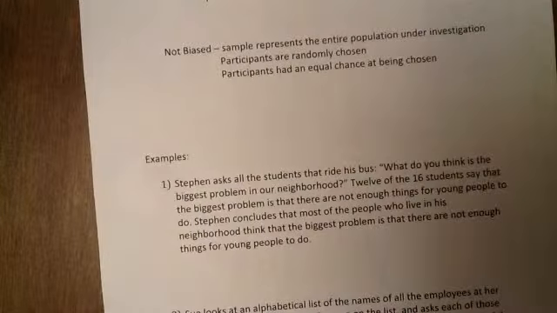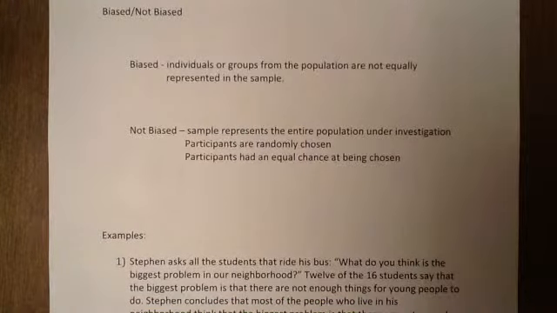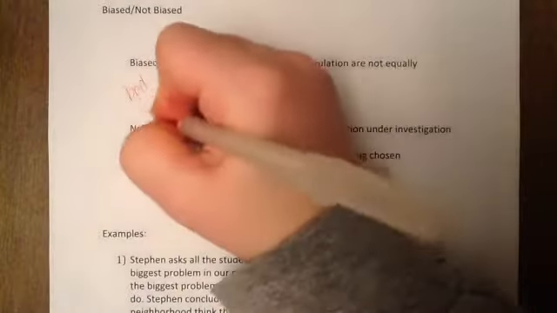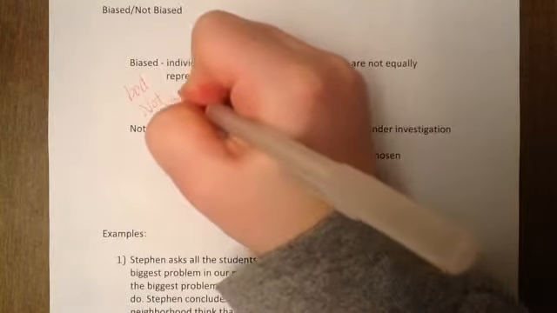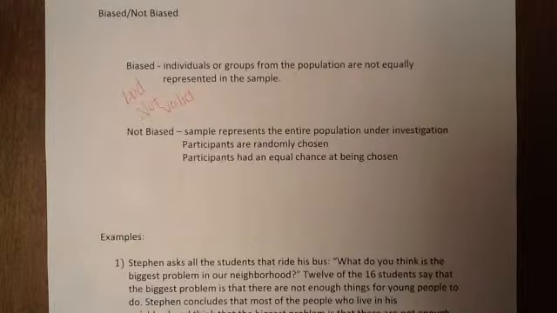The last couple of problems I have for us deal with a sample being biased or not biased. Biased is bad, meaning our data is not valid. Okay? The conclusions we make from the group are not really representing our whole sample. So, for example,